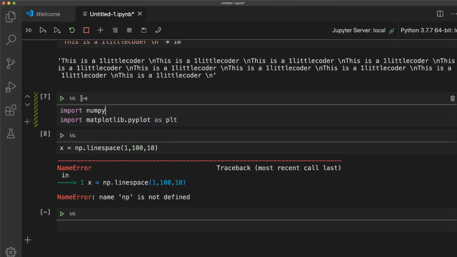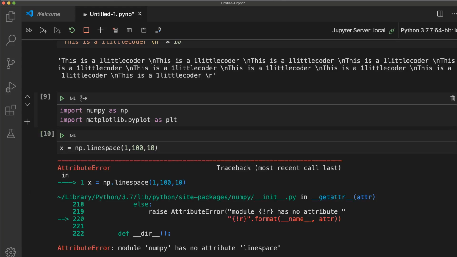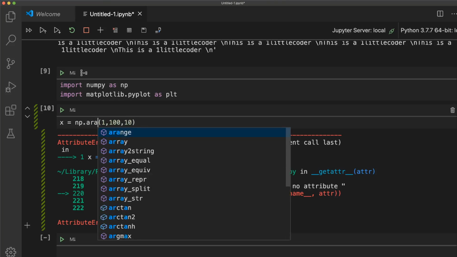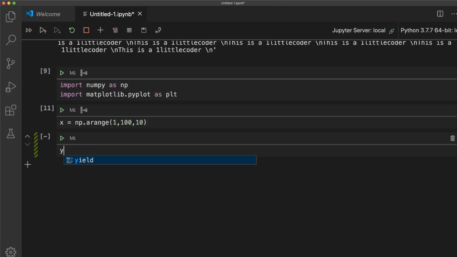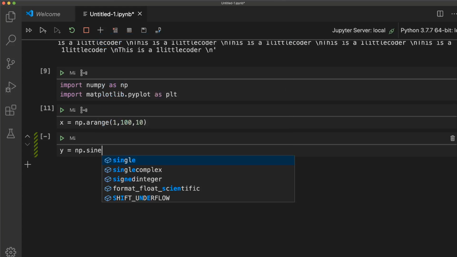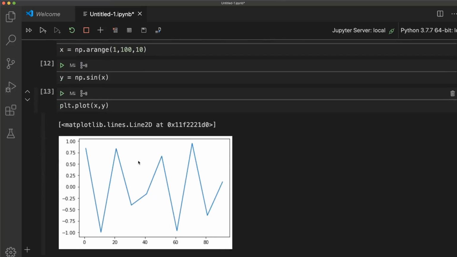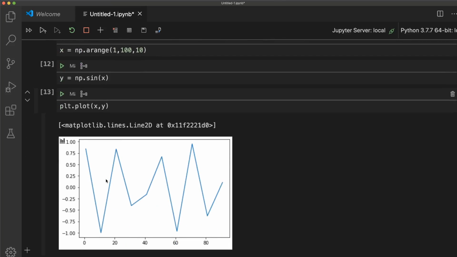Okay, import numpy as np, and no attribute. Okay, I'll use arange, and y is equal to np.sin of x, and plt.plot of x comma y. So you get a plot. I was trying to make a sine plot.